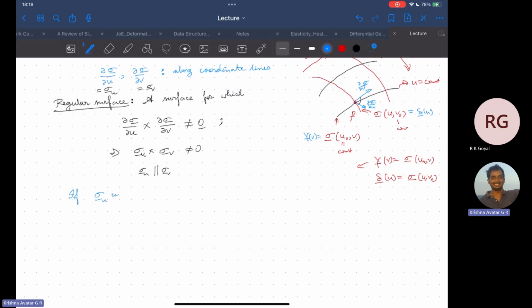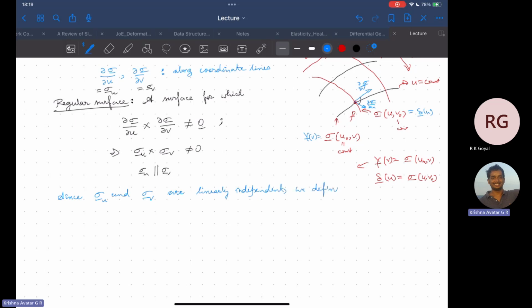Since their cross product is not zero, we have already determined that they are linearly independent. So since sigma u and sigma v are linearly independent,